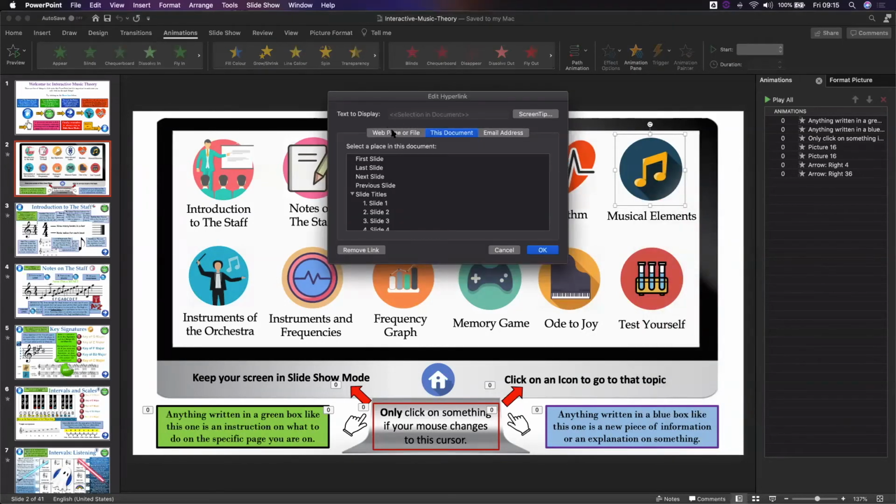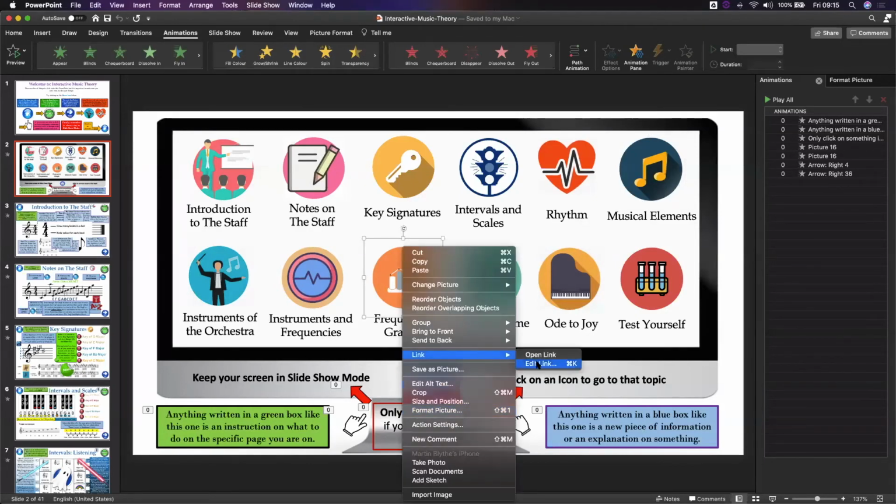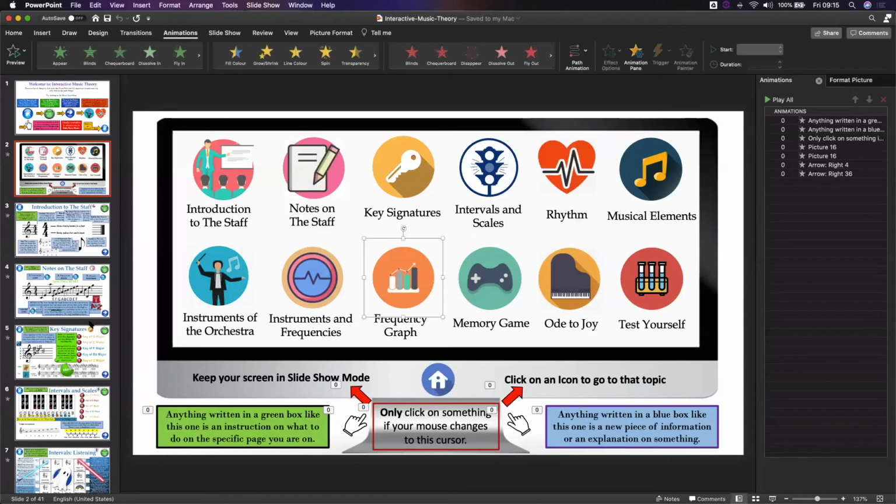Instead of it being linked to a web page, it's linked to this document. And in this case, this is linked to slide 35. So when they click on this icon, it takes them to slide 35. Obviously, frequency graph will be linked to a different one. This is now linked to slide 33. Once they're on the actual